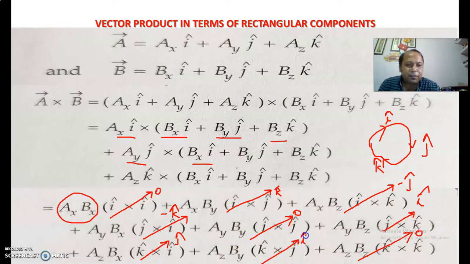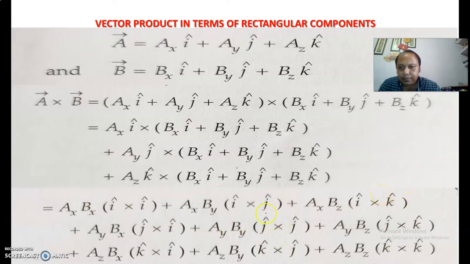So we have different values, and here you can see 3 terms will vanish, and all the other terms, suppose we consider the common terms in I cap. So here it is one I cap and another I cap is here. Similarly for j cap we have 2 terms, k cap we have 2 terms. So what we will do is we will take the common for I cap, j cap and k cap, and accordingly we will write the equation. So let us see how it is done.